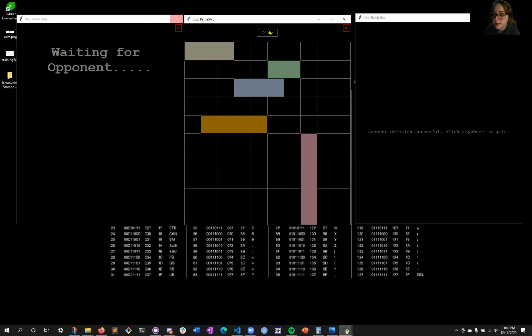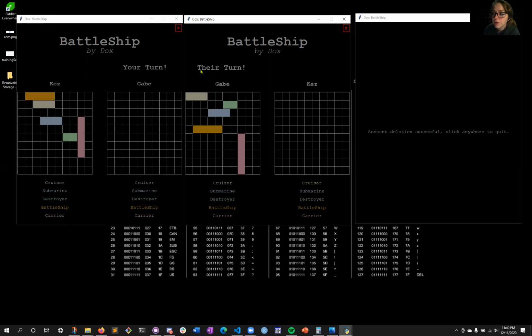All right, so now this client is ready to play. And now Gabe and Kez are both in the gameplay page. So now that we've left the staging page and we're ready to play our game, I'll describe a little bit about the layout here. As you can see on the left-hand side, you can actually see the ships on